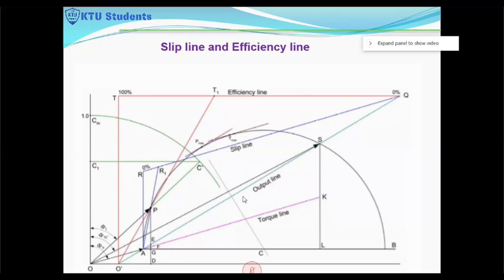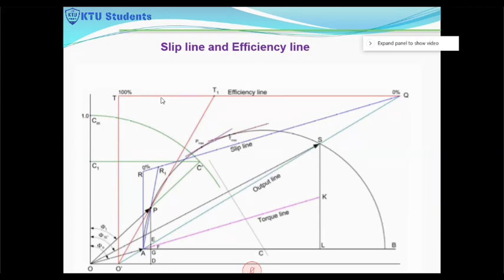If you have to draw the efficiency line, you have to draw a line parallel to this reference axis. From this point Q, this will have a start point, but it does not have an end point. So how will you get the end point? The end point has to be obtained by drawing a vertical line from this O dash point. O dash point is the point where the line, when you extend it backwards, meets the reference point. So from the line you have to draw a vertical line that will meet at this point.